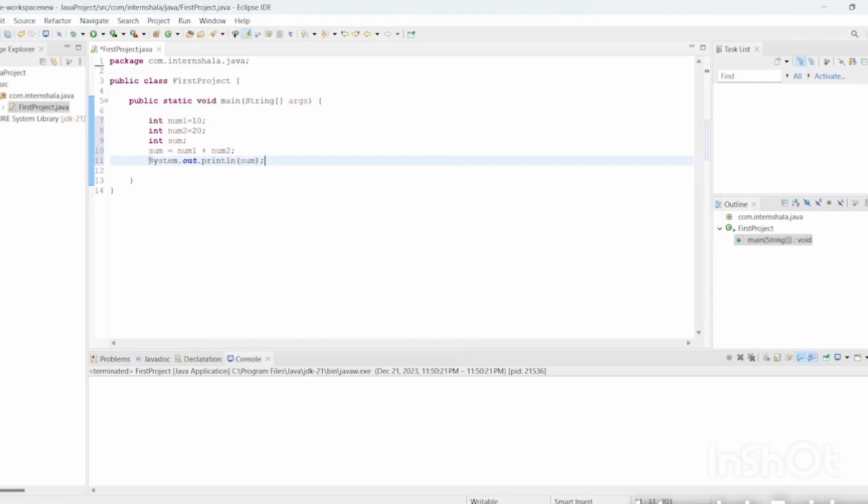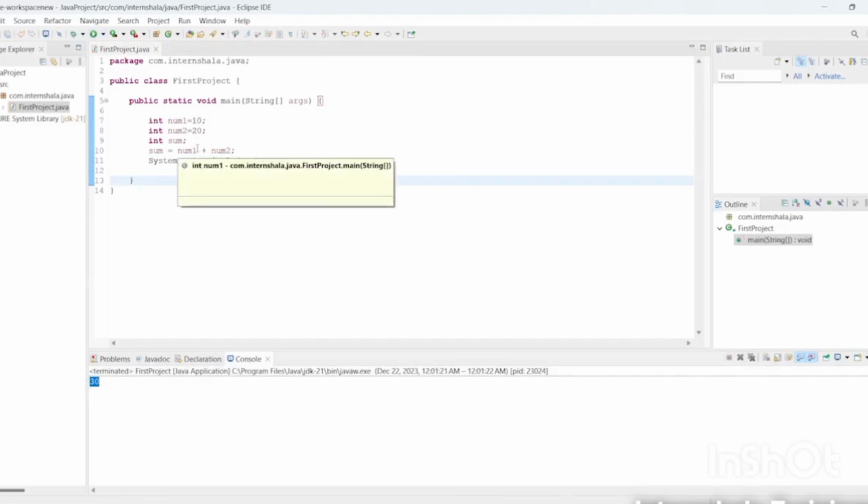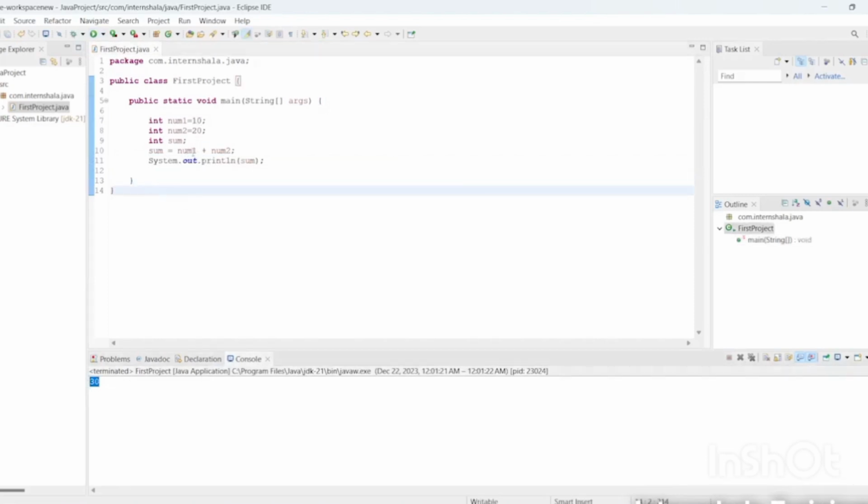So this will print the value of sum. Let's save and execute our code and check the console. So we can see we are getting the result as 30, which is 10 plus 20. So this is how we work with operators, and operators work on operands by performing some operation.